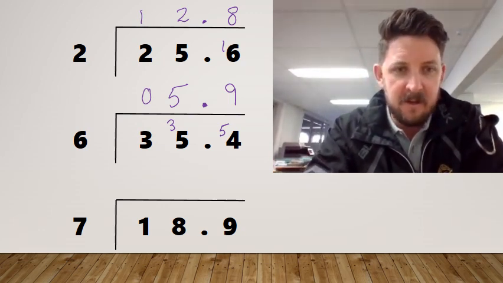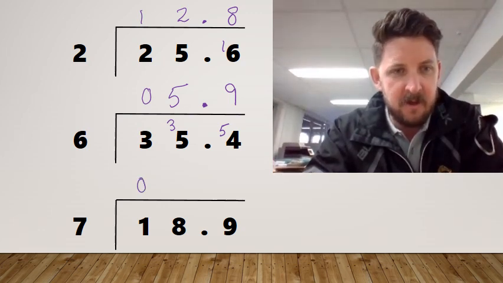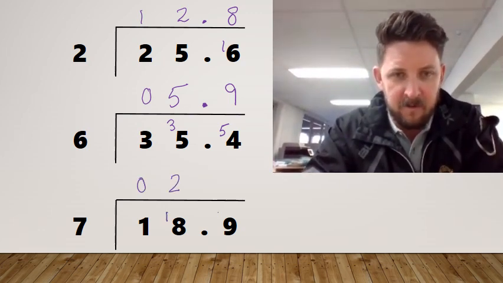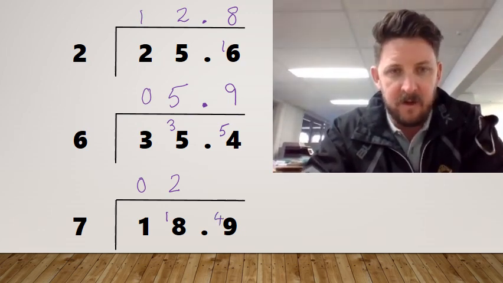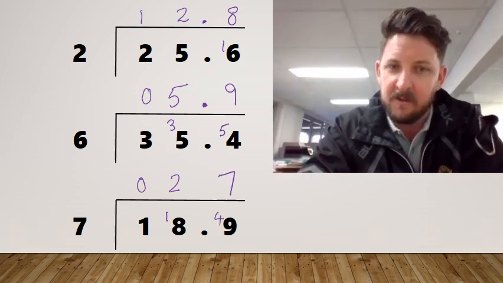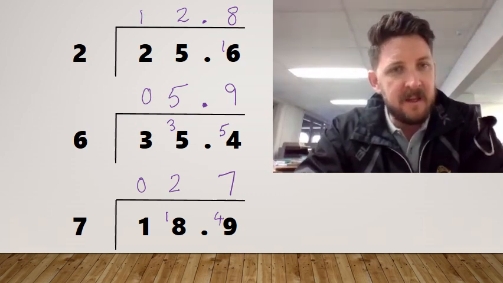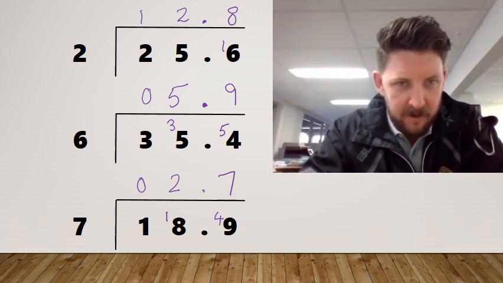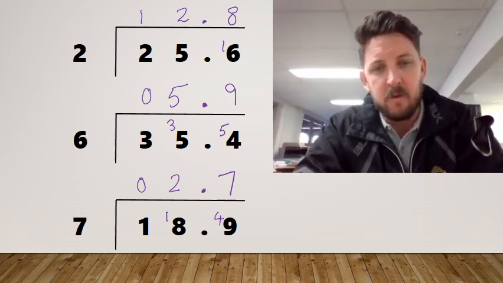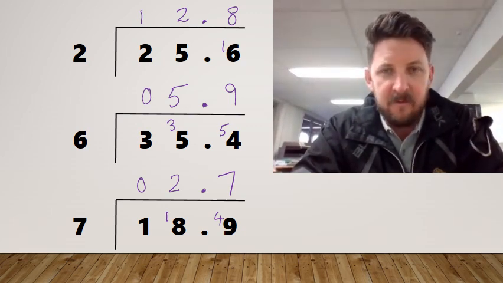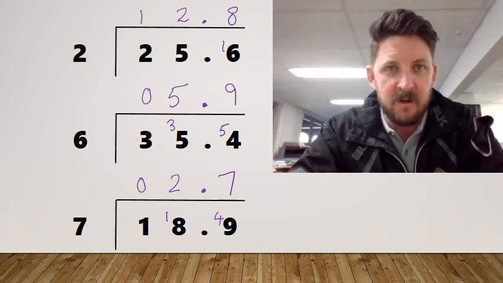Let's do the last one. 7 into 1 doesn't go. 7 into 18 goes twice with 4 left over. 7 into 49 goes 7 times because we know it's a squared number. Once again, don't forget to move your decimal directly above. Left with 2.7. If you have that one right, give it a tick. If not, you may want to